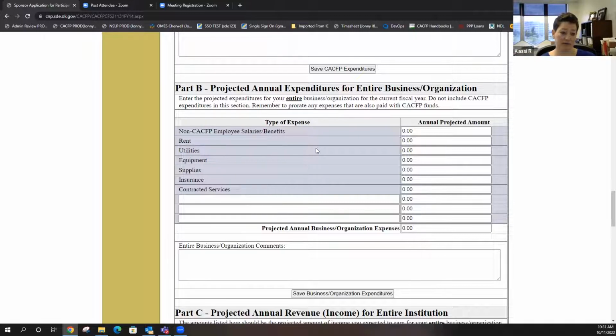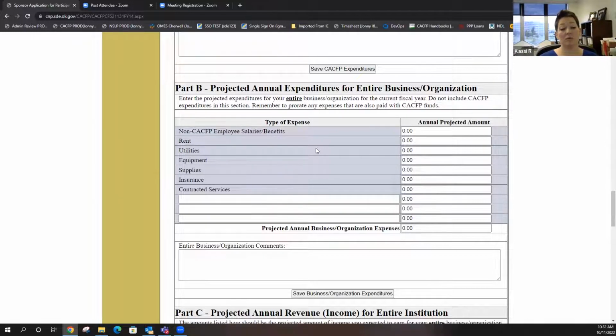For schools on the end of year report, do we need to show a profit? You don't need to show a profit. You shouldn't really show a profit. You need to show, and that's where it's confusing. A school doesn't have to do a budget. We know you're viable. We know you have other funding, but we still need the end of year report to show that you aren't making a profit from CACFP.